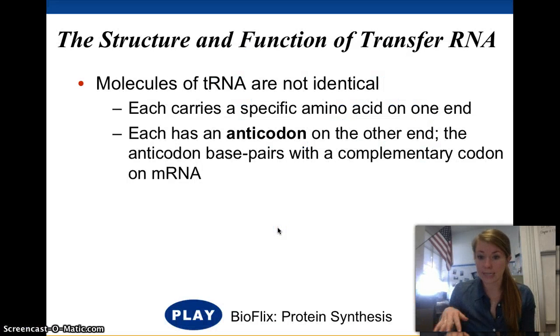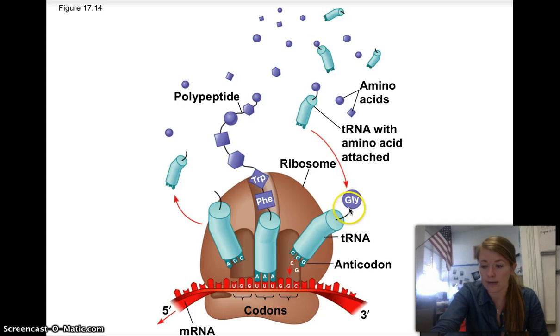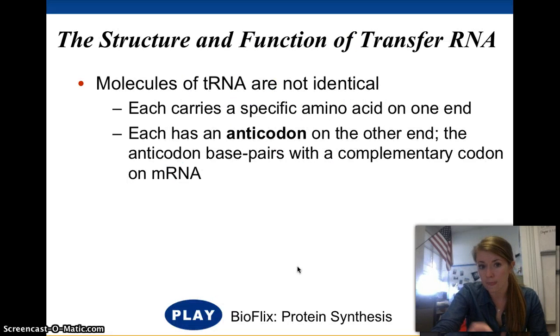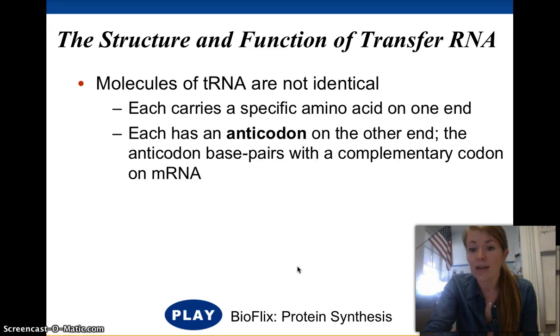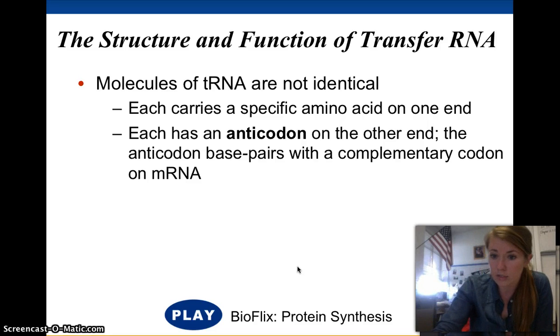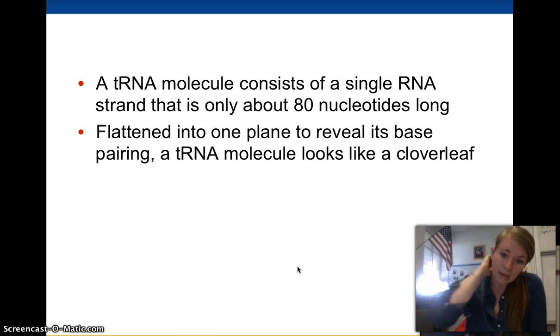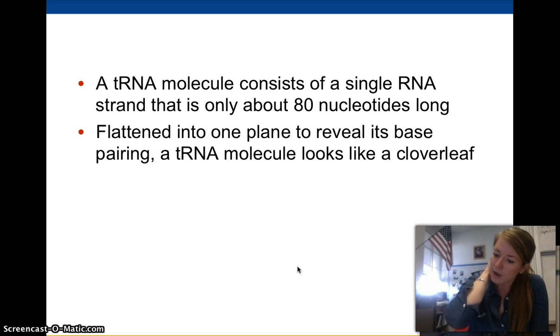So to properly understand translation, we have to understand the translator, or tRNA. All of our tRNAs are not the same. And that's important that they're different because we need to be able to translate different messages. Each has an amino acid on one end, like we just saw right here. Here's an amino acid on one end, and on the other end are 3 base pairs of RNA, and that's called our anticodon. So it's like a codon on our mRNA, except it's an anticodon. And it is complementary to a codon on the mRNA strand. So those are the 2 important parts that help us to translate, but